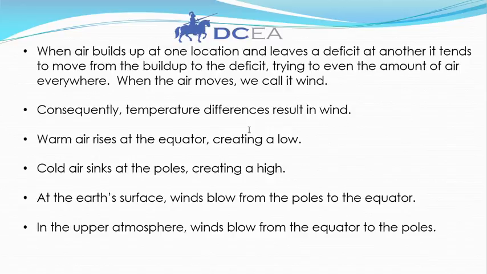Cold air sinks at the poles. That creates a high. At the Earth's surface, wind blows from the poles to the equator. In the upper atmosphere, winds blow from the equator to the poles. So not only do you have these heat differences and pressure differences causing this wind, but they actually blow from different directions, closer to the Earth and farther from